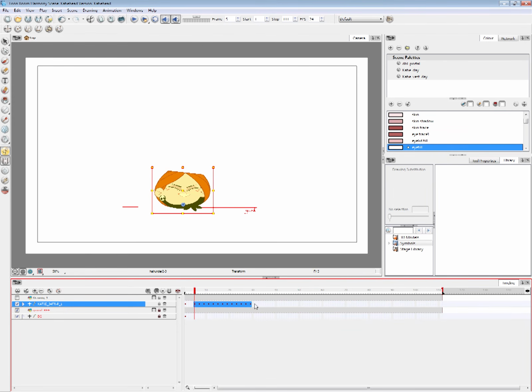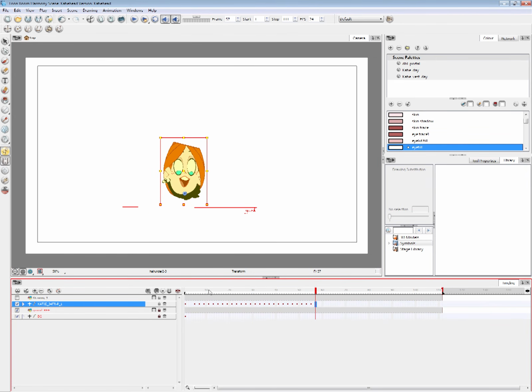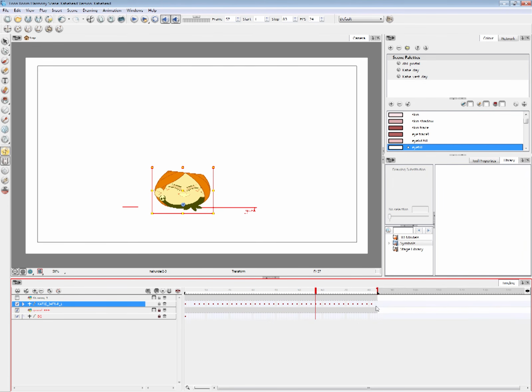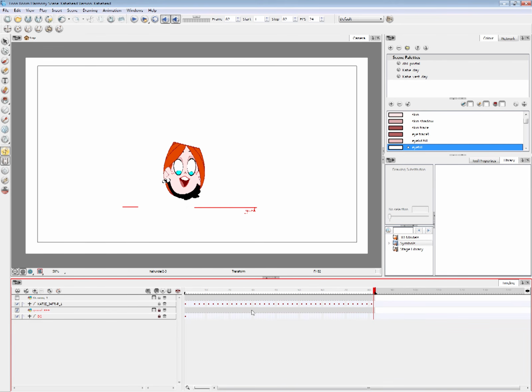So I'm gonna select all this animation, copy C, paste, Control V. Alright, let's do it one more time, and then I'm just gonna bring the scene back like this. Get rid of the ground plane.